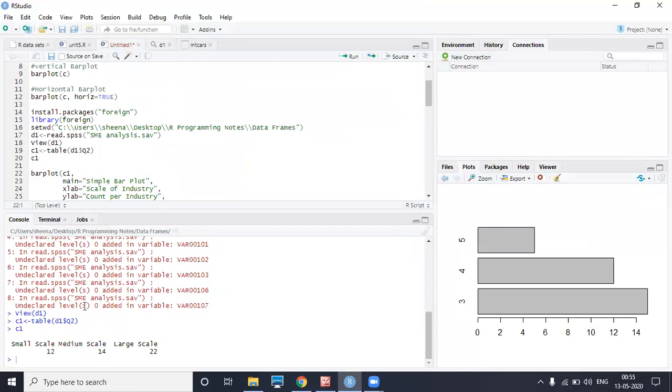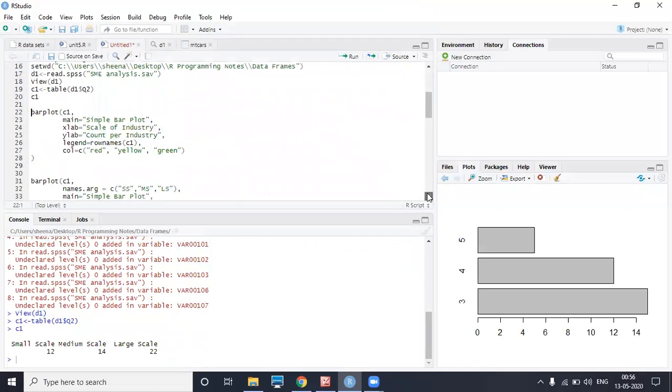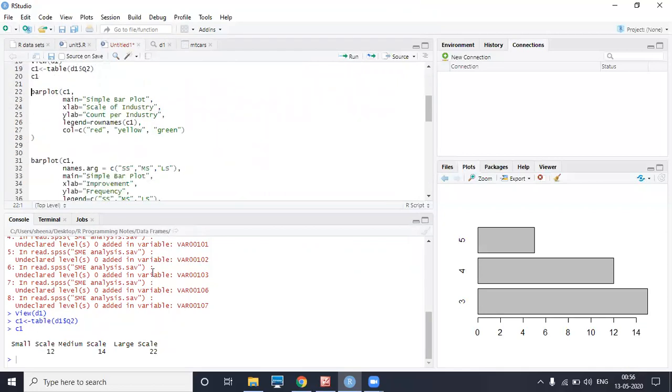When we access that, it has shown small scale: 12 respondents have mentioned that they are from small scale industry, 14 respondents mentioned they are from the medium scale industry, and 22 respondents have mentioned they are from the large scale industry. So now if I want to draw a bar plot of this table, this is my table.